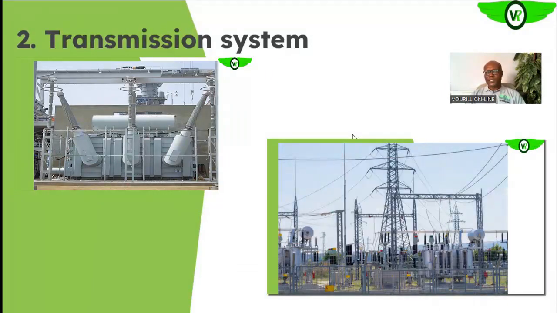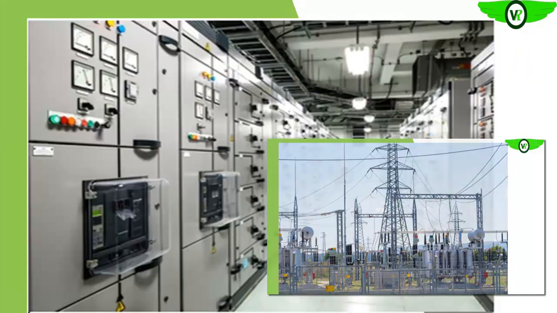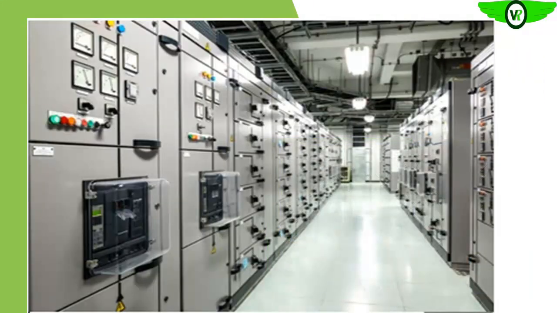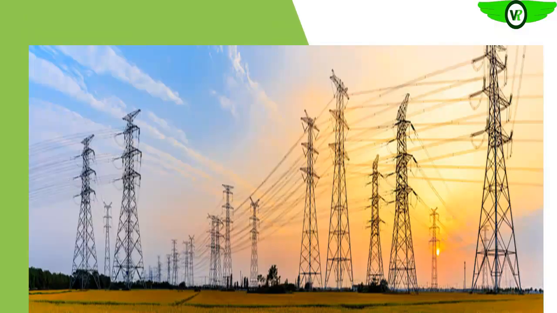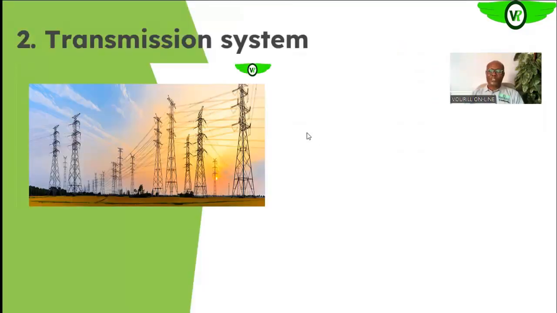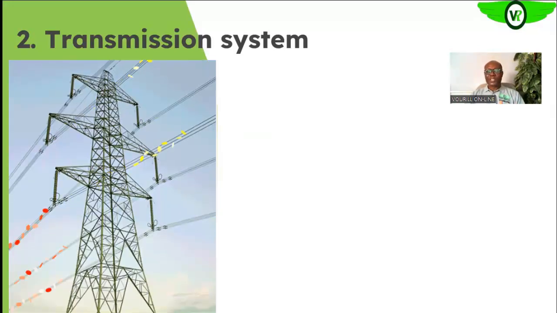We have seen the first part of the power system, which is the generation station. So next, we want to look at the second part of our power system, which is the transmission system. Like we said earlier, the electrical energy generated at the generation station, we need to move, or evacuate, to where it will be used. So the first section after the generation station that the generated voltage will come to is the transmission system or